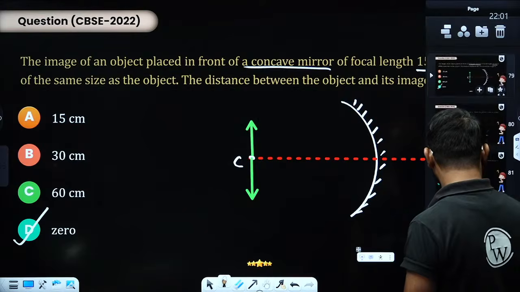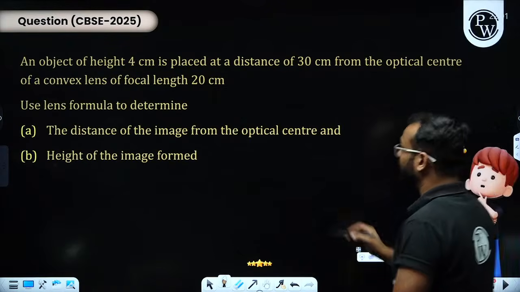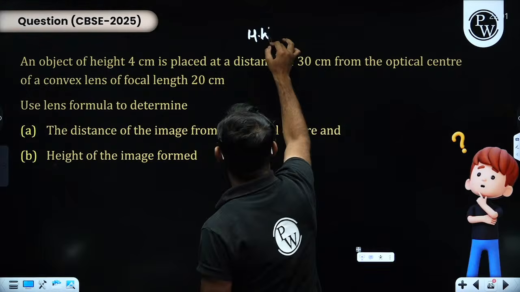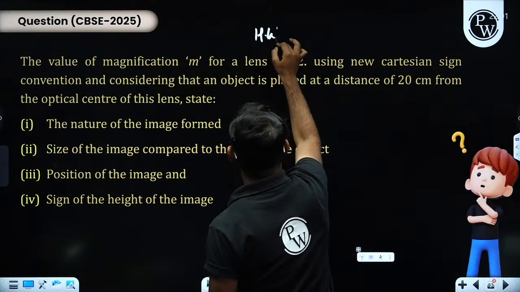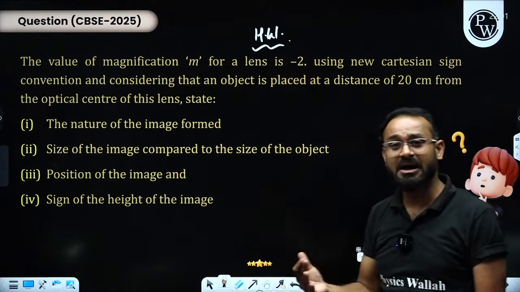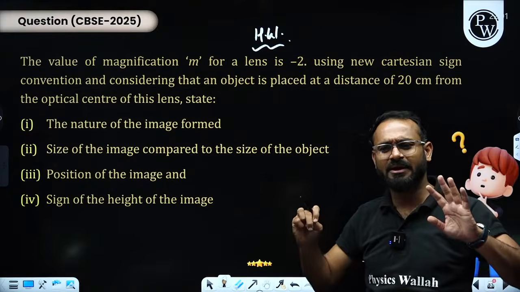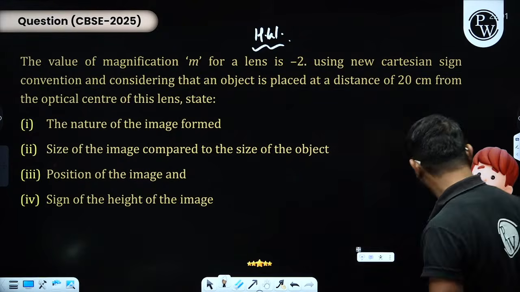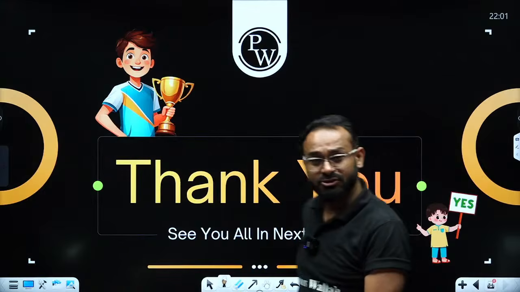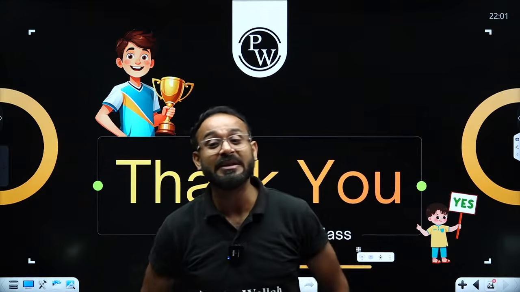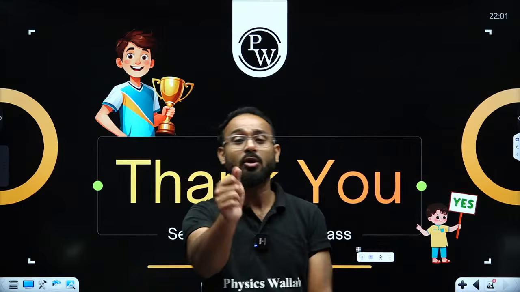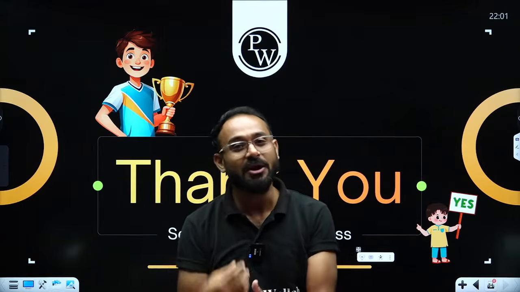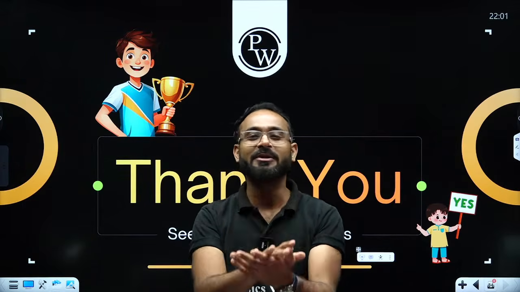This is how you can solve various questions related to lenses. I'm giving you a couple of questions as homework, so you can give it a try. This question you can give a try, this question also. These are questions which were previously asked, and you would be able to do them very comfortably after learning all this concept. So this is all from the one shot of light, a very important chapter. Please read that, learn that, practice hard, and count on my words. That is going to help you, and all the previous year questions and even the new questions, you would be able to crack comfortably.